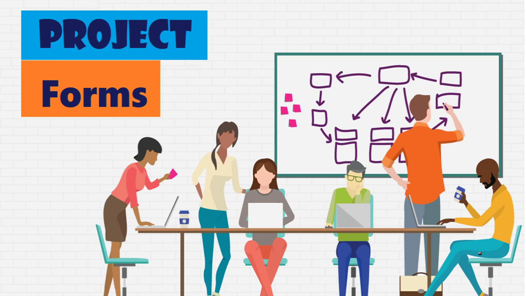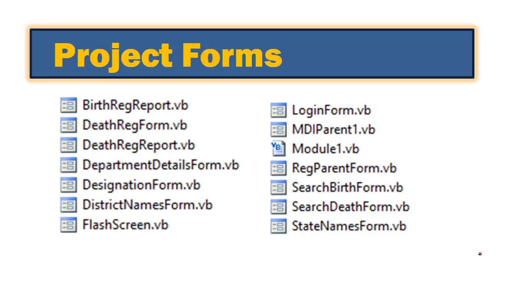Project forms. Let us understand what forms are there in this project. We already discussed two things. One is birth, one is death. Both need to be registered. Along with that, to make the project a little bigger, we need to add more forms. Here you can see there are totally 17 forms. In practice, one for birth and one for death will do the job. But to make a mini project, you require at least some forms. In order to make it quite big, we add more forms, and in each form you do one process. I'll explain that now.